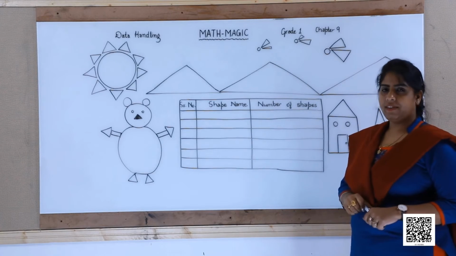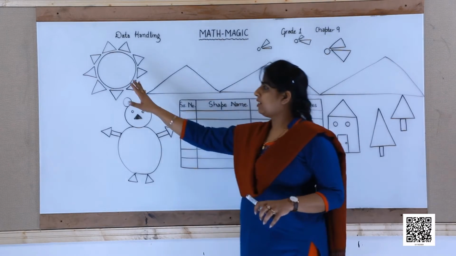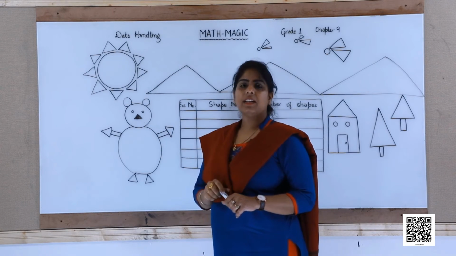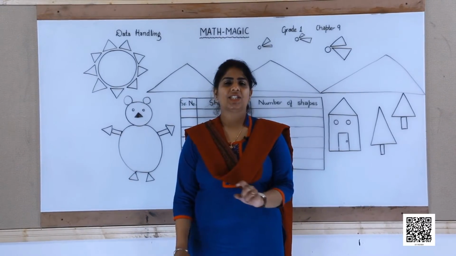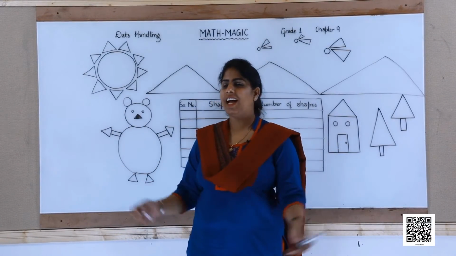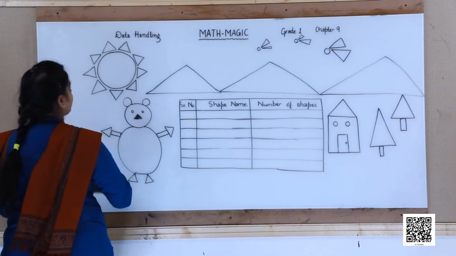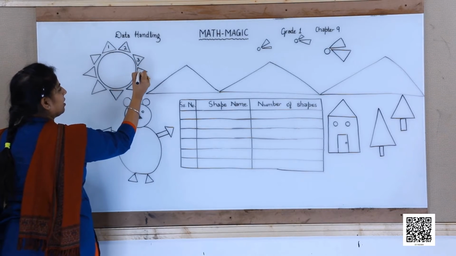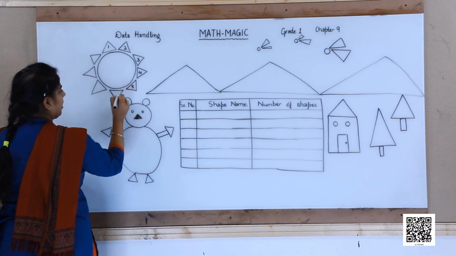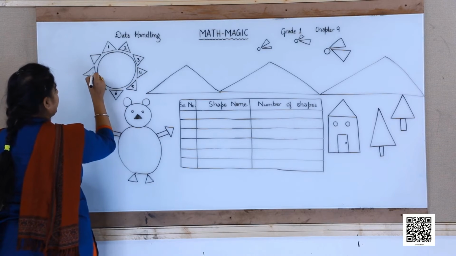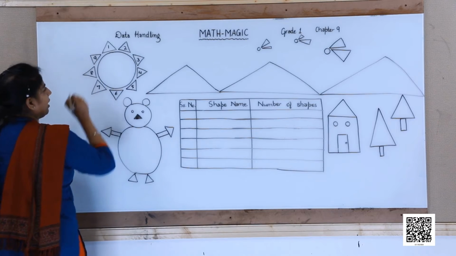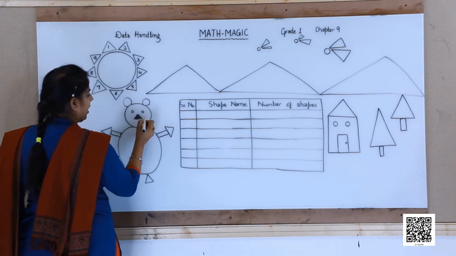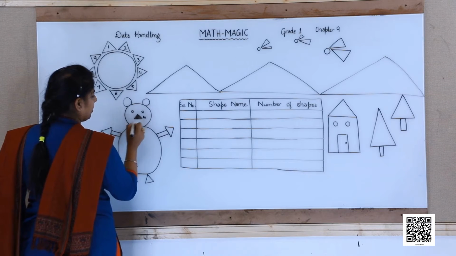The first question arises, when you see this figure, you see a sun. So, identify its shape. Hey dear children, let's count these triangles now. So, how many triangles do you see? Let's start from here. First, second, third, fourth, fifth, sixth, seventh, eighth, ninth. Where else do we see the triangles? Yes, here. 10th,